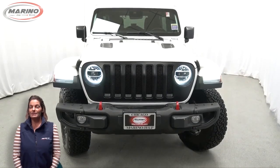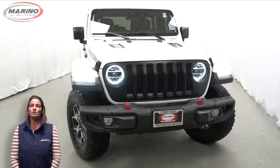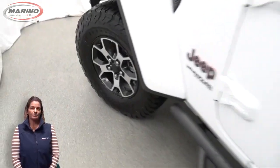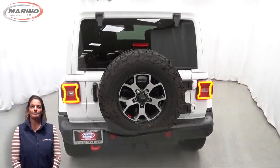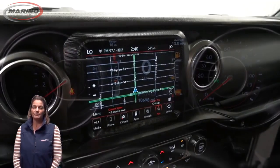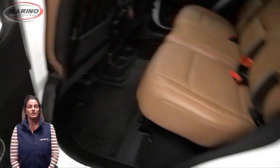Power, performance, capability, and capacity allow you to take this on and off-road as you take on new adventures. Take a look at this 2022 Jeep Wrangler Unlimited Rubicon in bright white. With LED reflector headlamps, front LED fog lamps, 17-inch aluminum wheels, body color 3-piece hardtop, tow package, heated front seats, heated steering wheel, 10,000 miles on the odometer, 8.4-inch touchscreen, Rock-Trac heavy-duty part-time four-wheel drive system, rear 60/40 folding